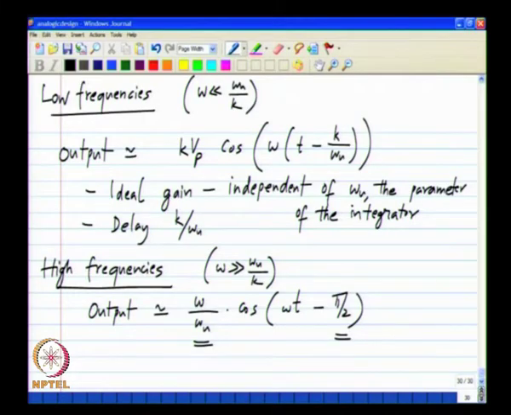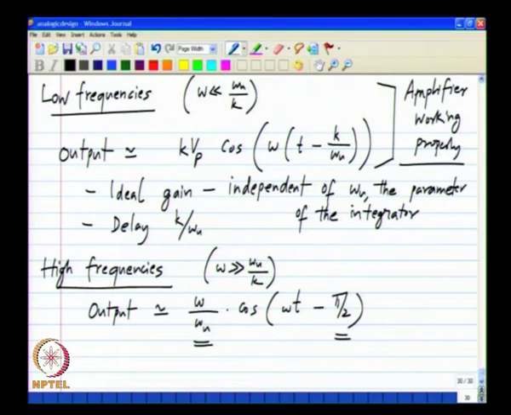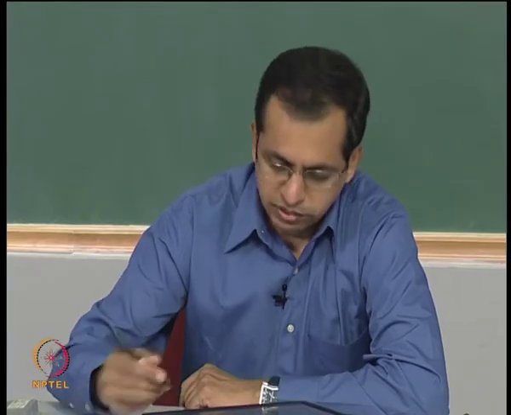So, we can effectively say that the amplifier is working here because you get the correct gain, you get a delay, but delay is usually of no consequence in most situations. So, you do not worry about it. So, the amplifier is working properly in this situation,